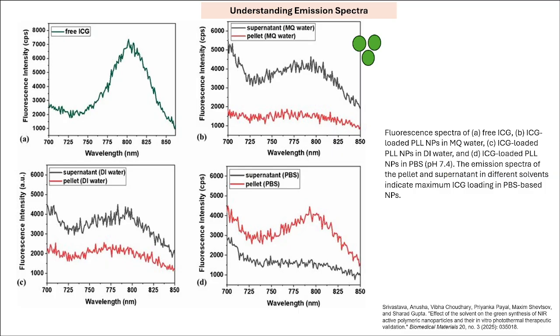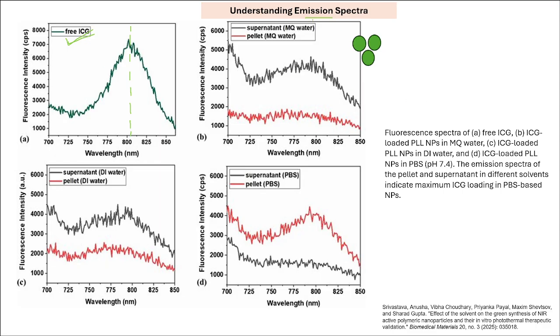Now moving forward, for the same thing, when we see the emission spectra, this is also from that paper only. So this is the free fluorophore, free ICG, which shows emission at 800 nanometer. Now the absorption of this particular compound was at 780, but the emission is at 800. So that's what we were discussing in the initial slides, that the emission wavelength is always a little redshifted.